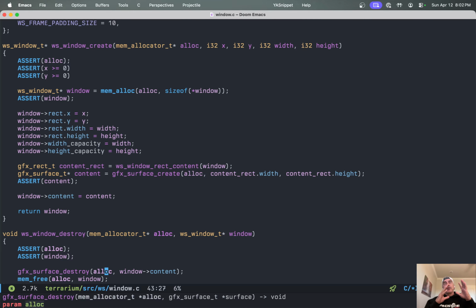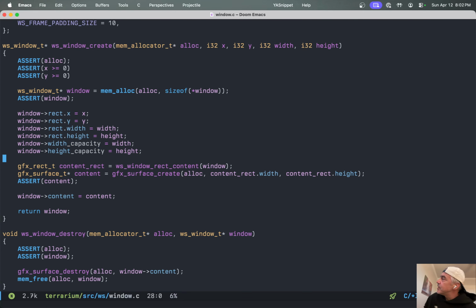We don't actually go back down, but do we want it on the surfaces themselves or on the windows? Because the rect width and height would be the visible, and then this will be what it actually has. But then when we're drawing and we're using the surface width anywhere, you know,